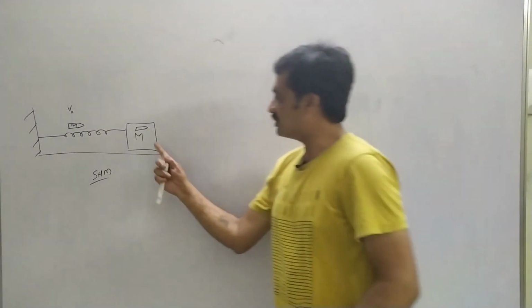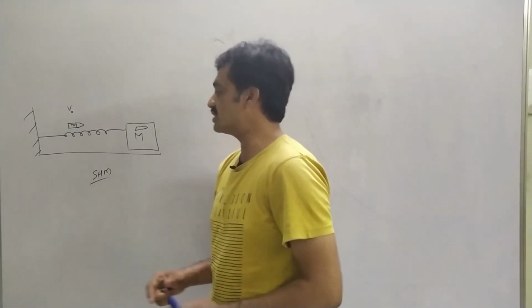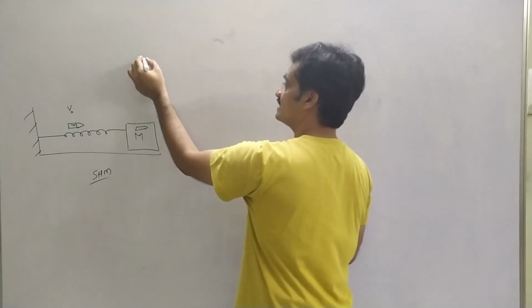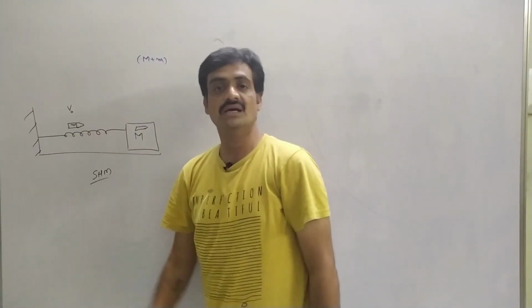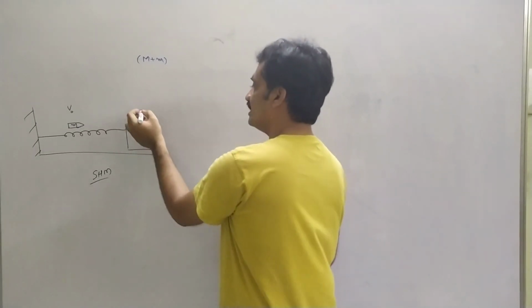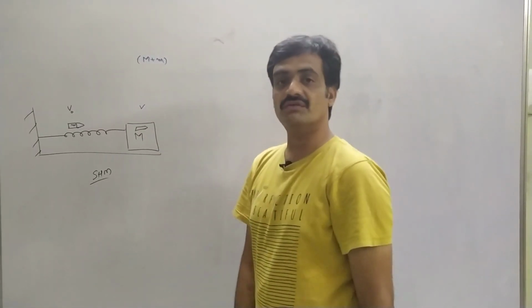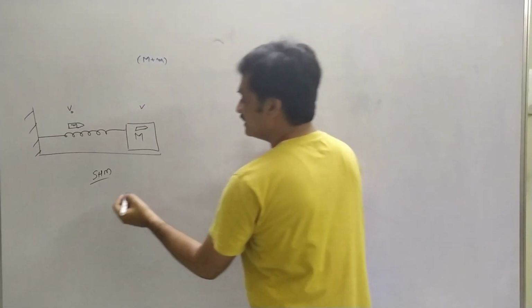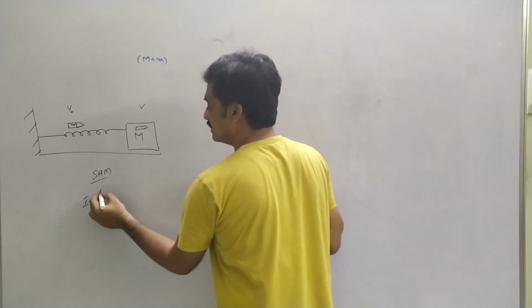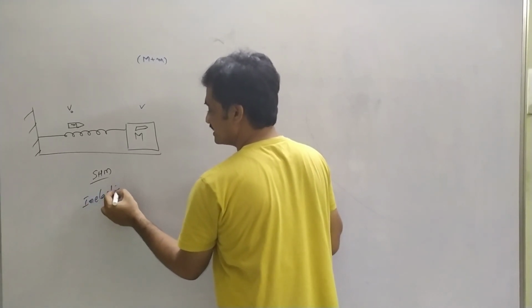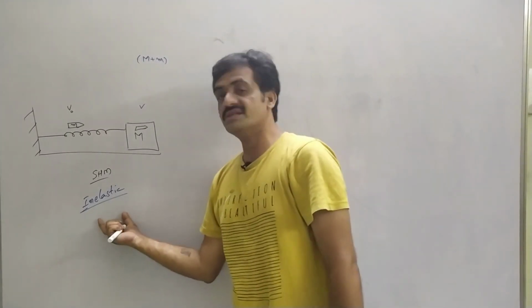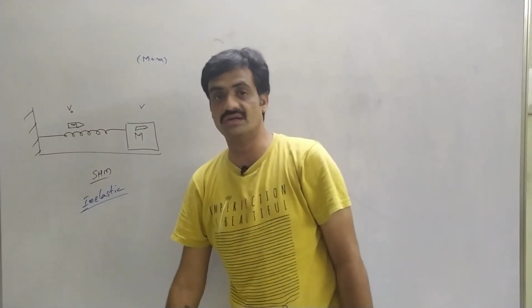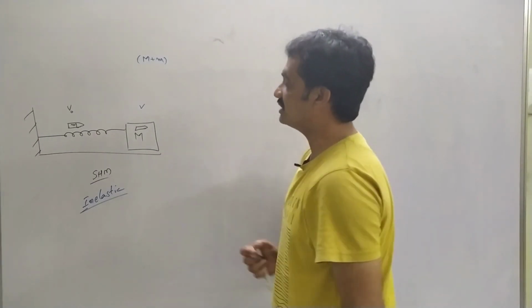As these blocks are making SHM at this position, the total mass is represented as capital M plus small m, the mass of the block as well as the mass of the bullet, whereas the velocity of this oscillation is represented as v. Now we consider it as an inelastic collision. As we consider it an inelastic collision, we know that momentum is conserved, whereas kinetic energy is not conserved. Let us represent both equations.